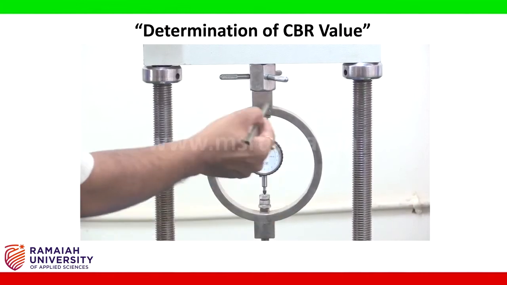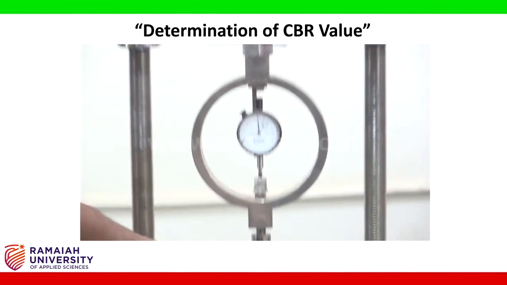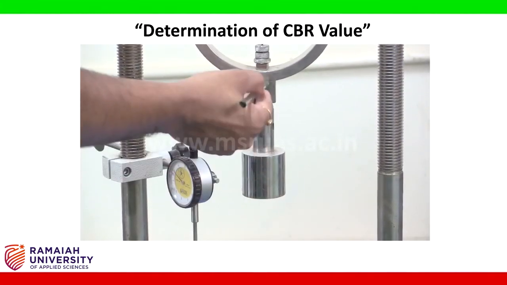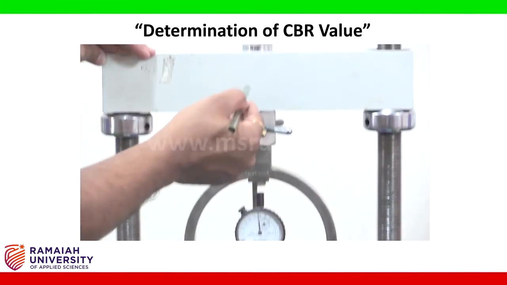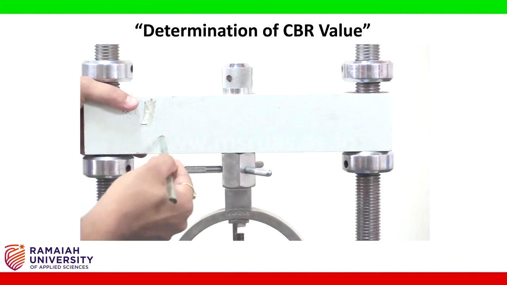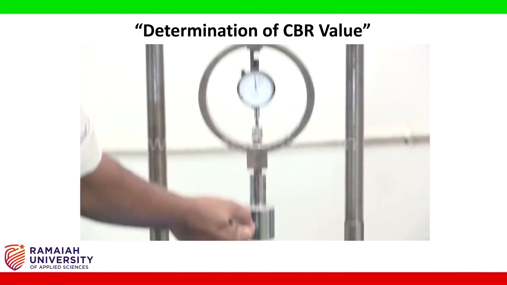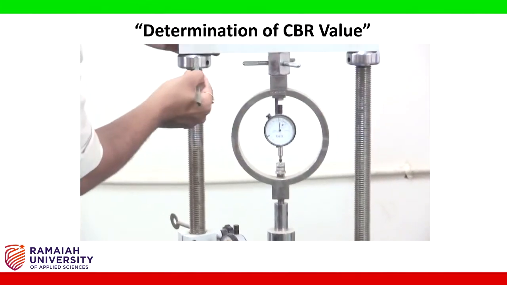This helps us to record the load that is being applied on the specimen through the plunger. This plunger is attached to the proving ring, and the whole setup is later attached to the reaction frame. The height of this reaction frame can be adjusted accordingly for proper seating of the plunger on the specimen by making use of these screws.